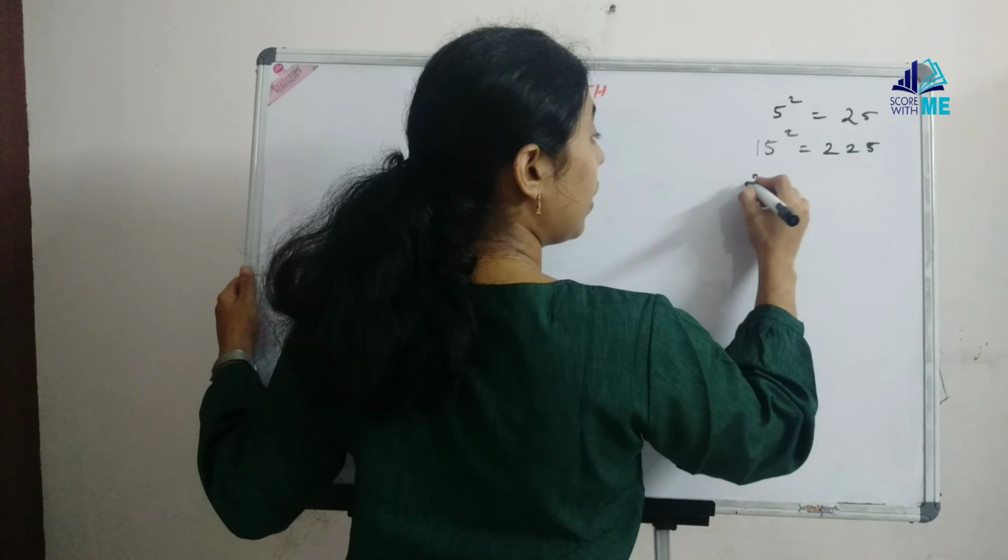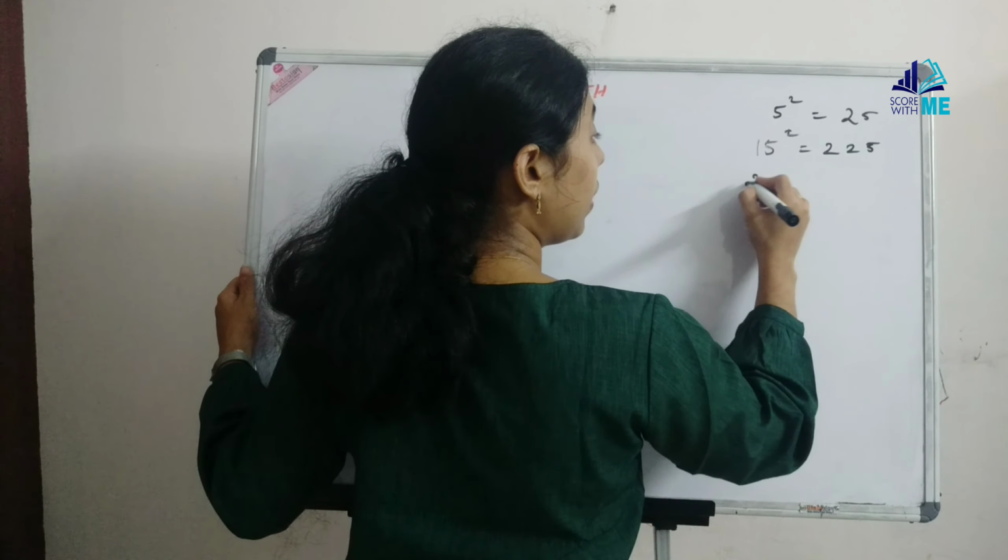So let us see how we arrived at 625. For 25 square, since it is a number ending in 5, its last two digits will be 25. So 5 square will be 25. And the number preceding 5, here it is 2. To get the number preceding 25, we need to multiply the number in the tens place by the number after that. So 2 multiplied by 3, the number after 2, will give me 6, and that is how we get 25 square as 625. Let me take another example and show 35 square.